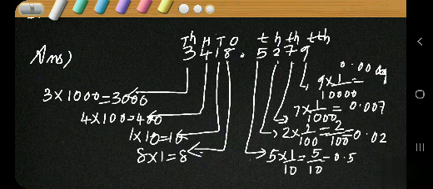And the last digit 9 is in the ten-thousandths place. The value is 9 into 1 by 10,000, which is equal to 9 by 10,000. I haven't written that step due to the lack of space. You have to write 9 by 10,000. That's equal to 0.0009. In 10,000 there are 4 zeros, so in the answer there should be 4 decimal places. So the answer of 9 by 10,000 is 0.0009.